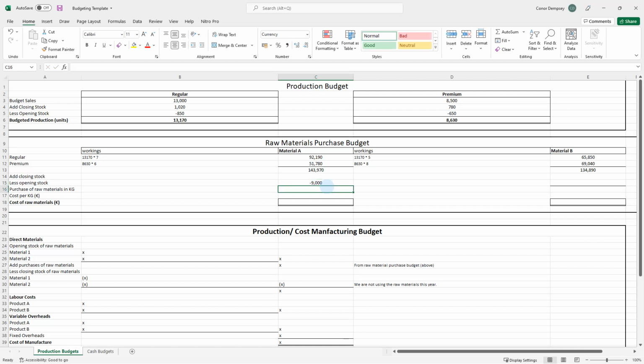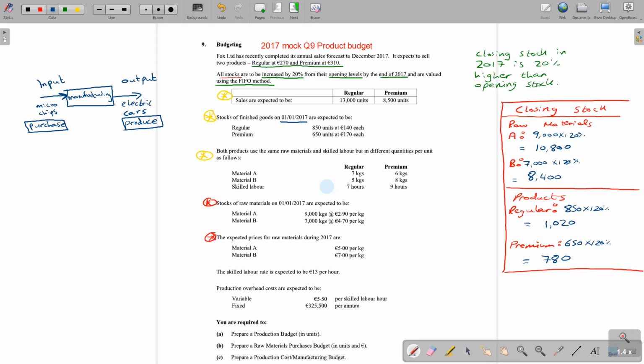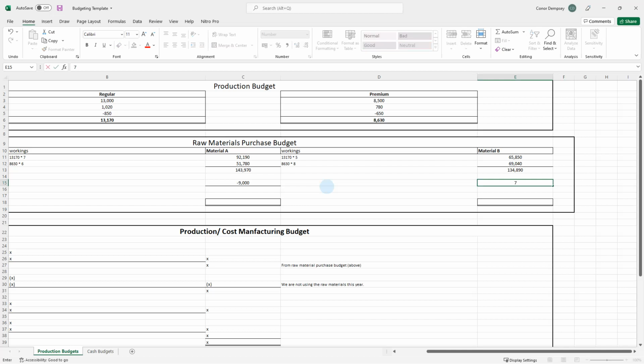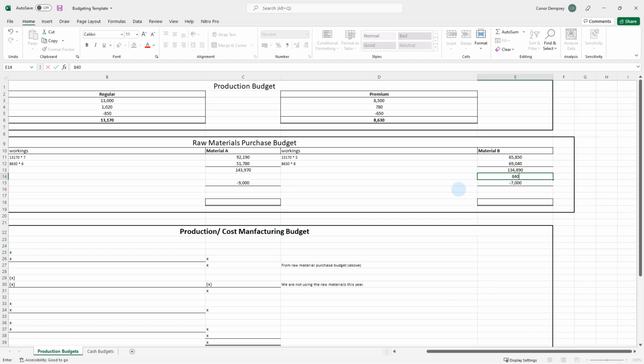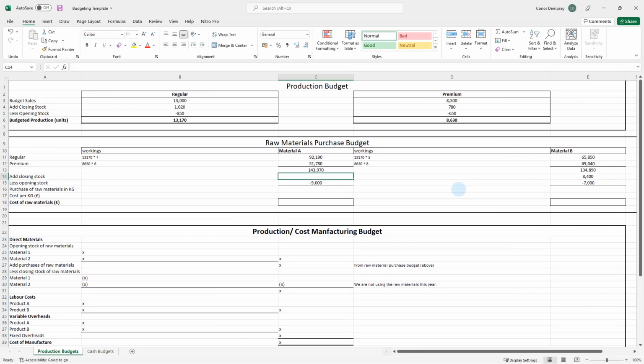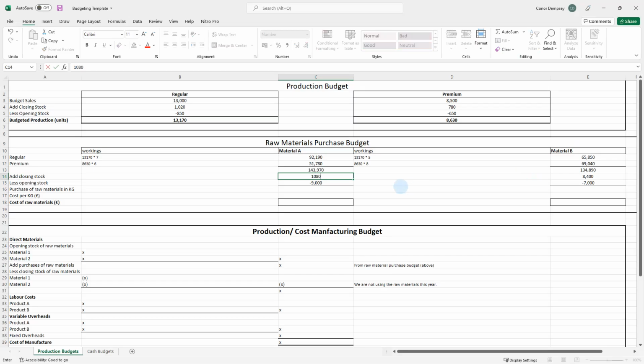And for material B, the opening stock is 7,000. Material B closing stock was 8,400. And the closing stock is 10,800 for